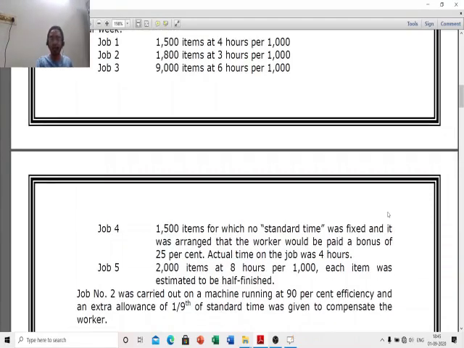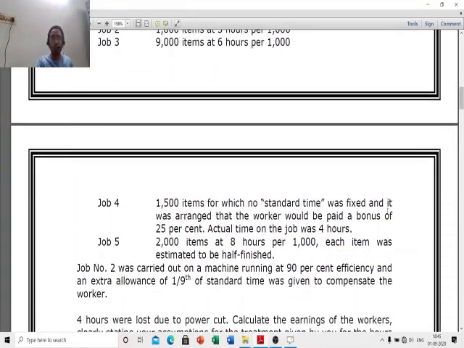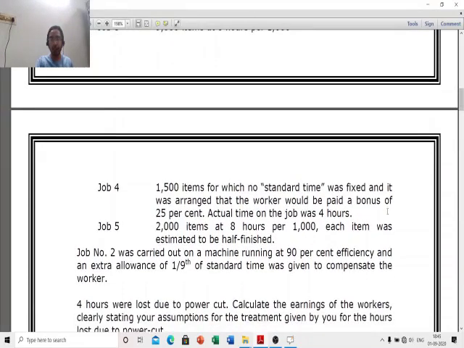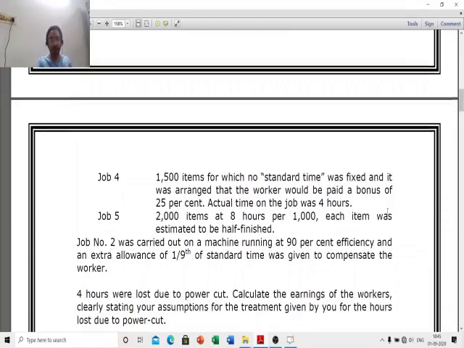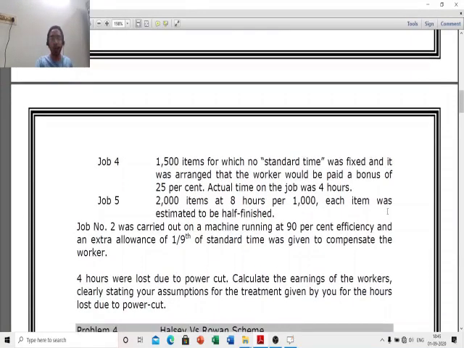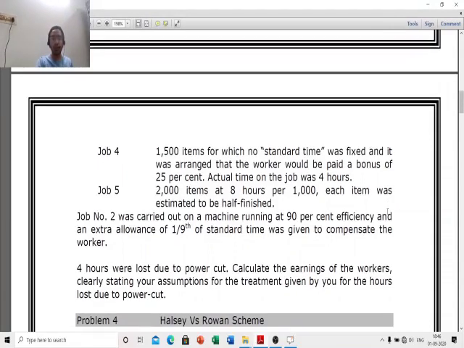Actual time on the job was 4 hours. 2,000 items at 8 hours per 1,000 each item, and it was estimated to be half finished. Job number 2 was carried out on a machine running at 90% efficiency, and an extra time of 1/9 of the standard time was given to compensate the worker. 4 hours were lost due to the power cut. Calculate the earnings of the workers, clearly stating your assumptions for the treatment given by you for the hours lost